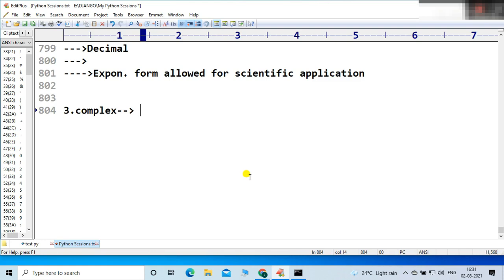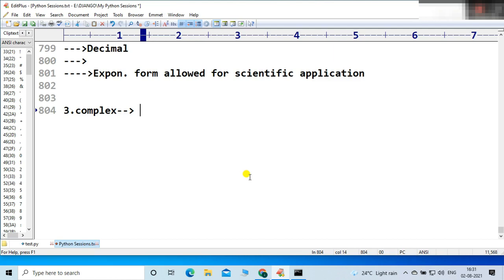Basically, in electronics engineering or electrical engineering, it is mostly used to define the phase. We can represent a phase in the form of a complex number, right, friends? So in scientific applications, let's say electrical or electronics applications, the complex data type is mostly used.